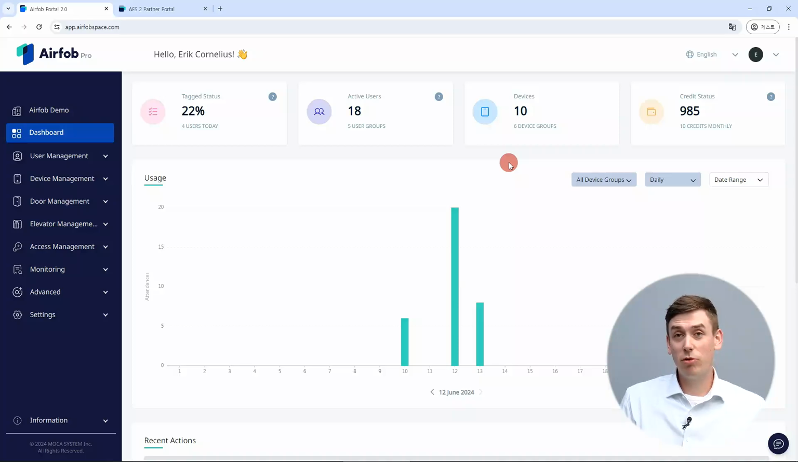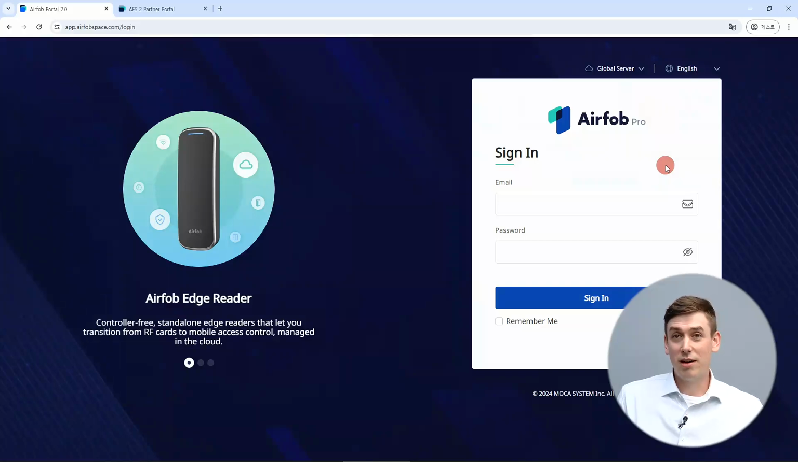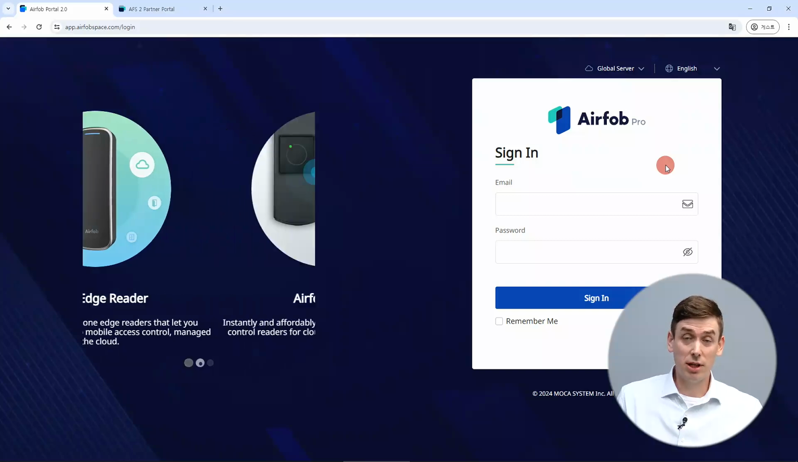One of the main improvements of Airfob Pro is the unified interface between the web portal and the mobile app. This means that whether you access your Airfob Pro interface through your desktop or smartphone, you will benefit from the same unified experience. To log in to the Airfob Pro Portal, you will need to access on your web browser